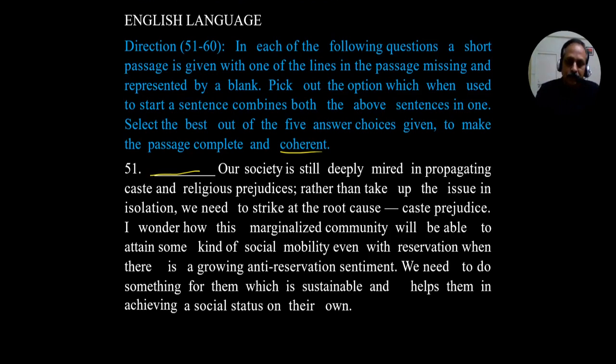Now, these questions, the 10 questions, basically they go with CAT model. I always tell students, of late, banks have been going in the direction of CAT model. What do the letters stand for? Common Admission Test for IIMs. And CAT English is a bit difficult, on the higher side. Standards are very high compared to bank exams. So this CAT model, the 10 questions, they go with CAT model.